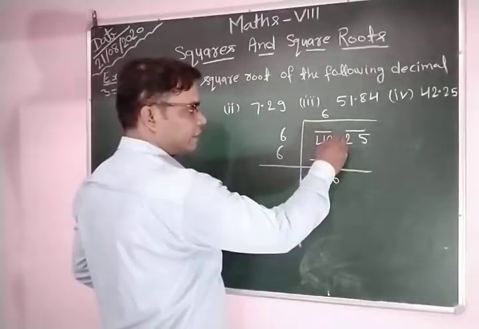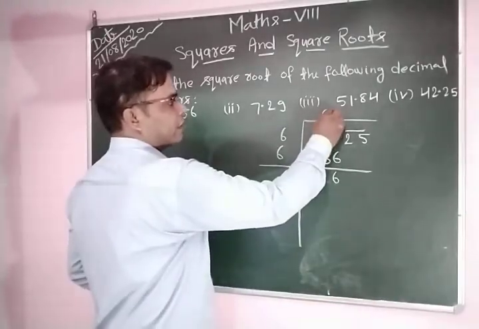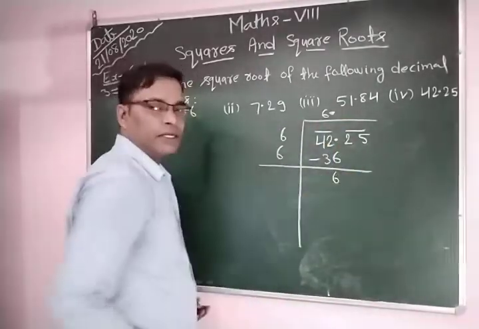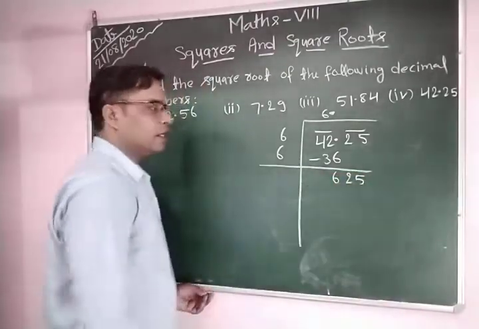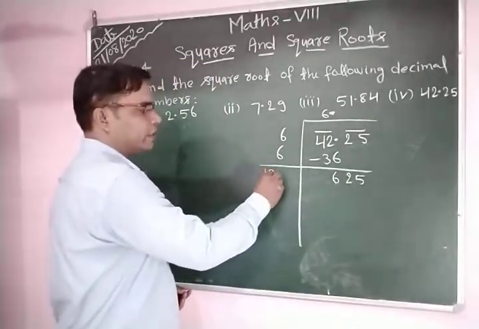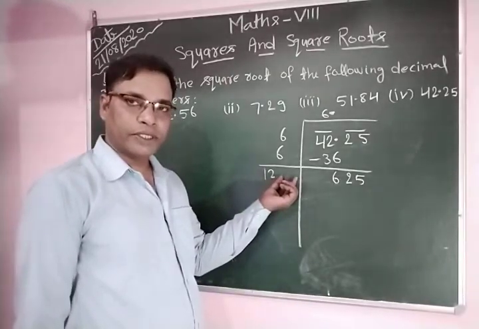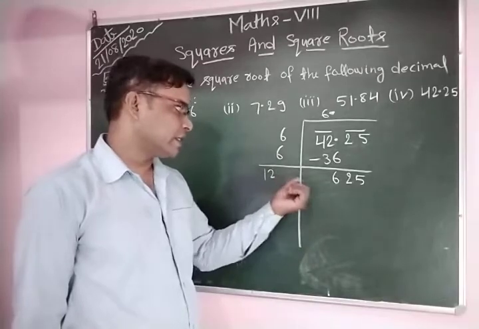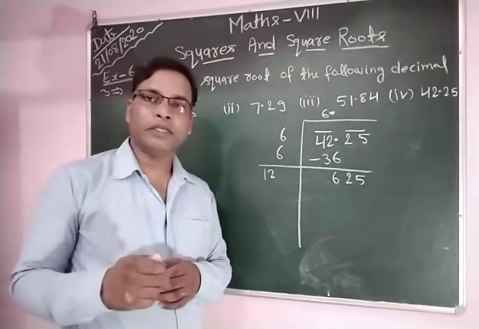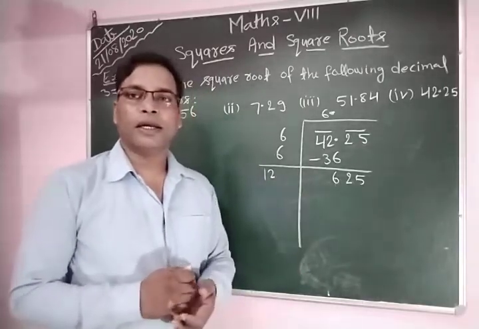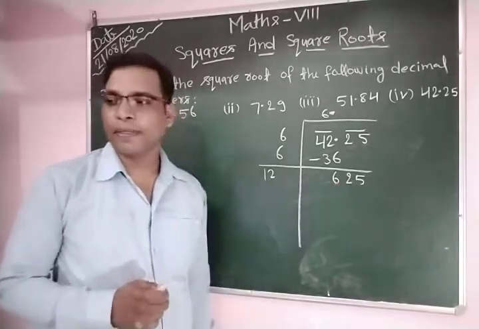And after this there is a new pair, a decimal pair. So first write the decimal point here and bring down 25. 6 is our remainder, and we bring down 25. So this is our new dividend, 625. Here we add, we obtain 12, and leave space for one new digit to write here. We select a number such that the new divisor multiplied by that number is less than or equal to 625.